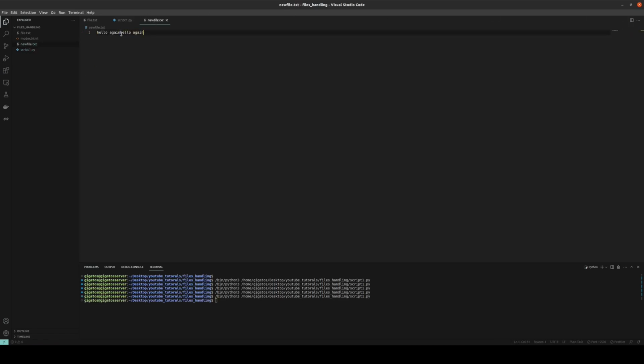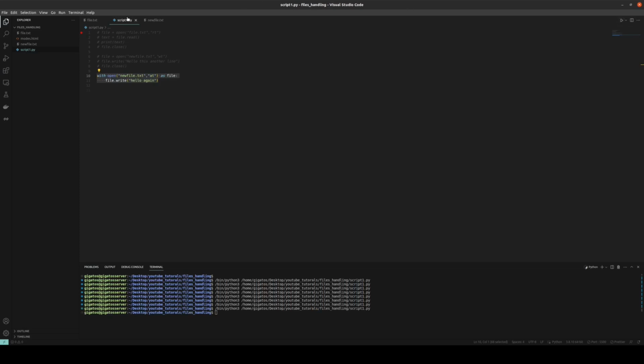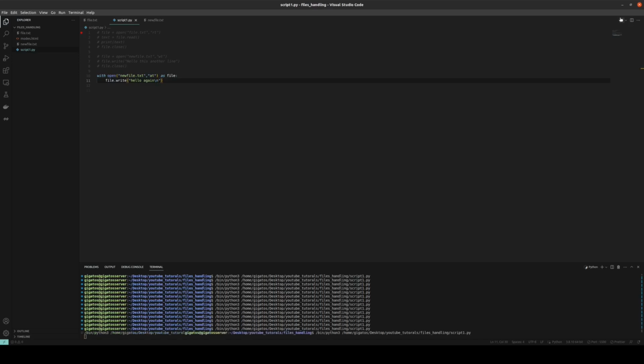You see, it did not delete the old one, it just added some new text. So I can do this 1, 2, 3, 4, 5, 6 times, and it will just add more and more and more. Now, if you want to change line, you must specify a new line at the end of the text. So now, every time I run this,